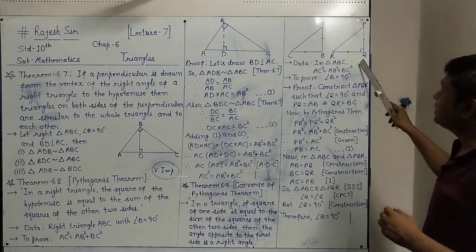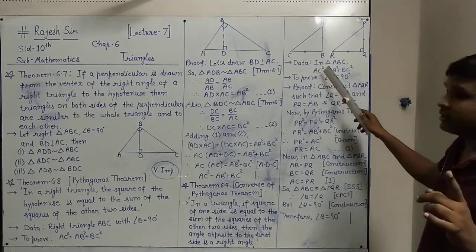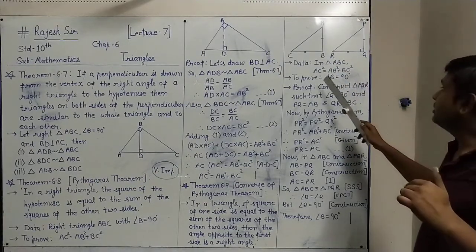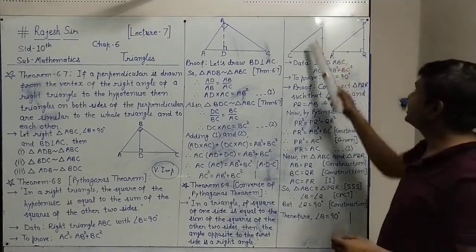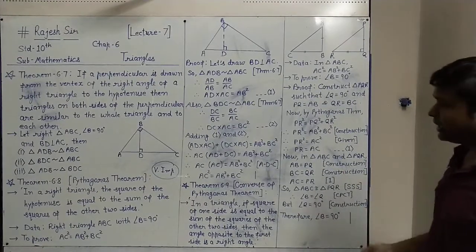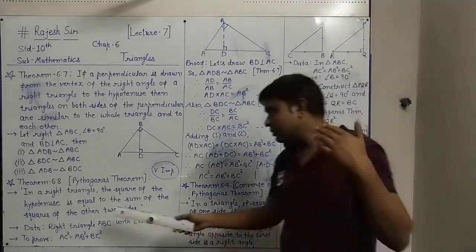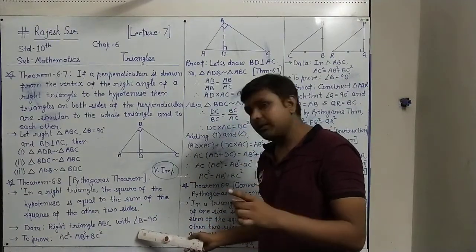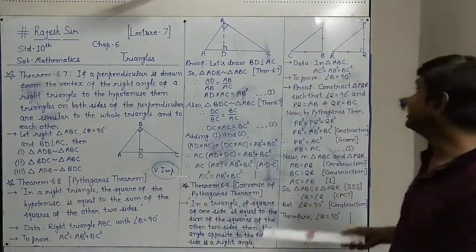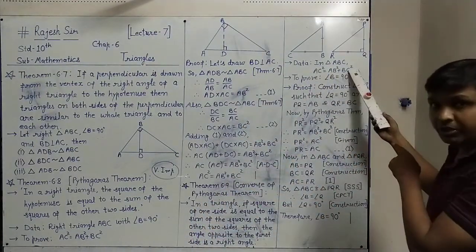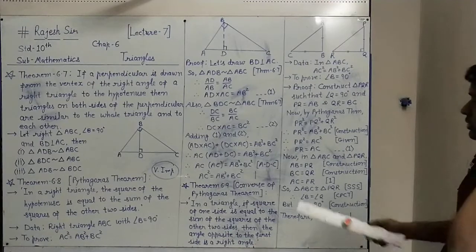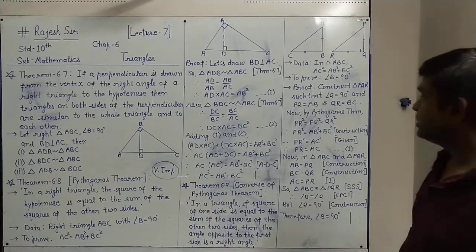So this is the data: the square of one side is equal to the sum of the squares of the other two sides. Then we want to prove that the angle opposite to the first side, that is B here, is 90 degrees, a right angle. So you can understand it is the converse theorem, because in Pythagoras theorem the data was angle B equals 90 degrees given, and to prove was AC square equals AB square plus BC square. Here the reverse: the data is AC square equals AB square plus BC square given, and we want to prove angle B as 90 degrees. Therefore, it is the converse of Pythagoras theorem.